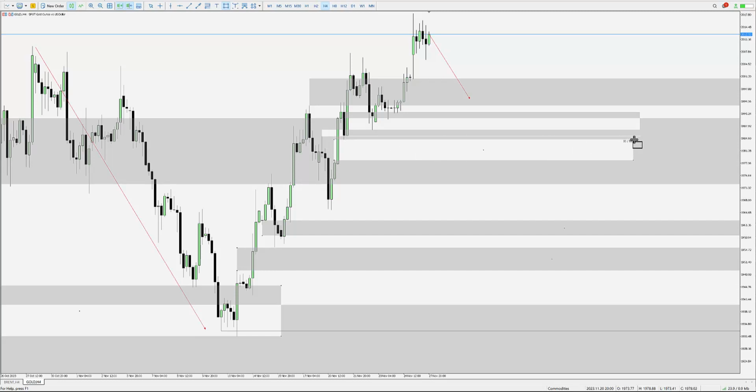So you can see there we've got an H4 fair value gap. We've got this H4 bullish order block here. These are levels that you should be looking at for price to go to the upside. Then finally